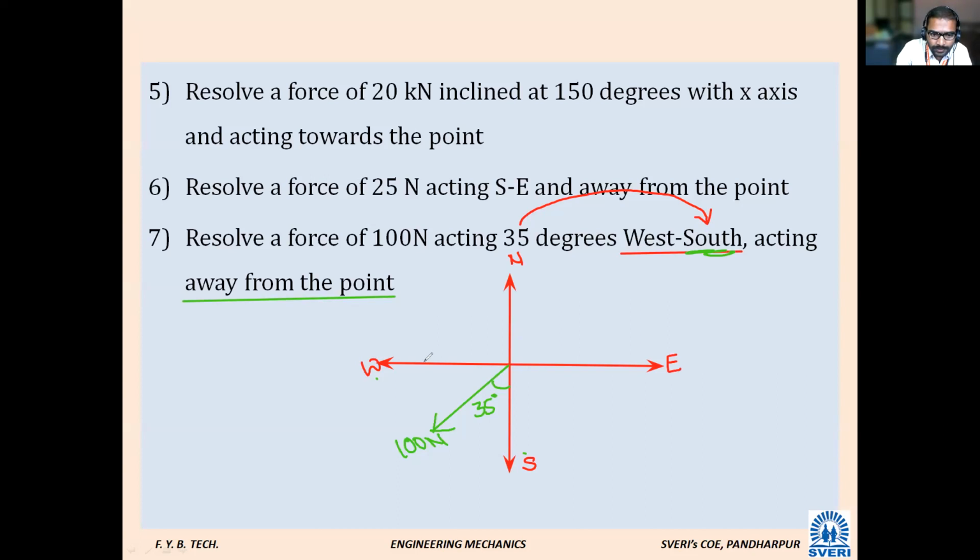Next, see. Tell me which component this is? Fx component. And this is which component? Y component. Now in the third quadrant both are negative, correct? So I will write Fy, cos component. So this 100 Newton is making an angle 35 degree with respect to vertical, correct? So for the vertical component, should it be sin or cos? Cos will come. So is this plus or minus? Minus. Fy equals minus 100 cos 35 degree.